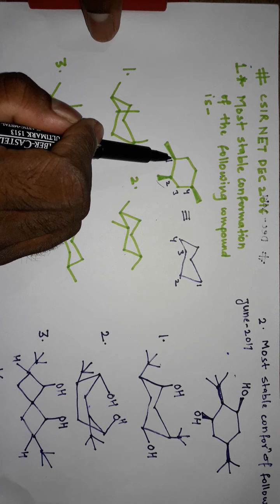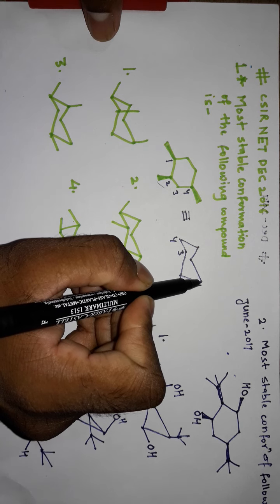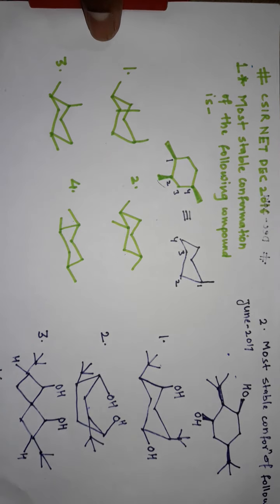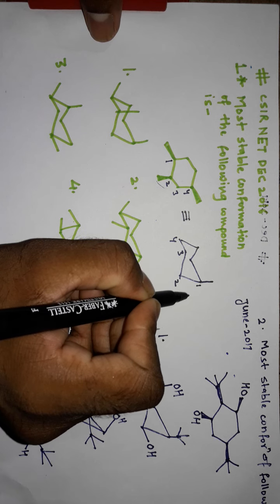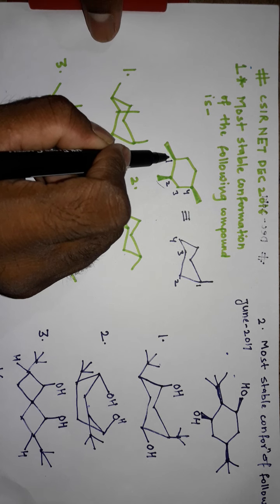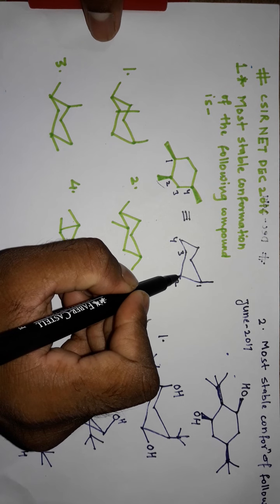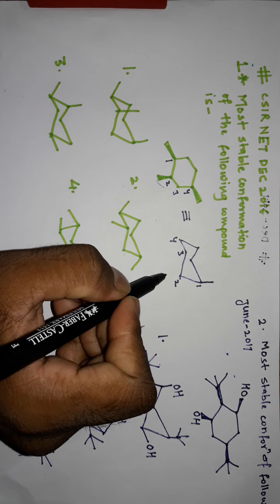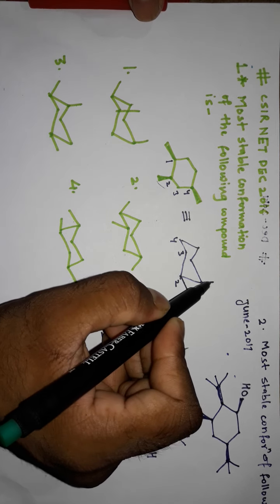At the first carbon the bond is above the plane. If I put it at this carbon, the above-the-plane bond will be the axial one only, like this. It cannot be equatorial, because if I put equatorial, that will be in the downward direction, like this. They cannot be like that. First is completed. Then at the second position, the bond has to be above the plane. If I draw the axial bond, that will be downward, meaning below the plane, so we cannot put it like that. We need to put it like this. So this is also heading up, and this is also heading up.